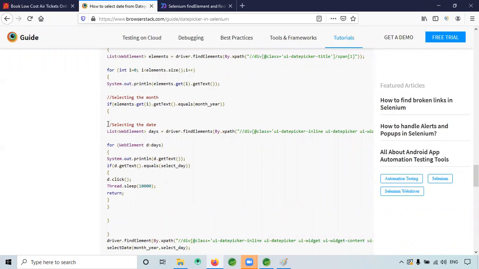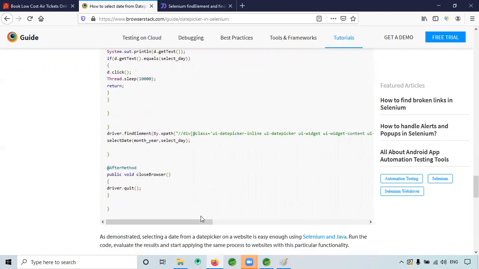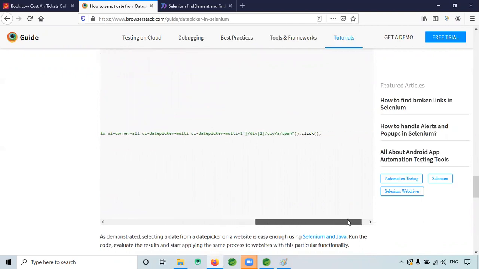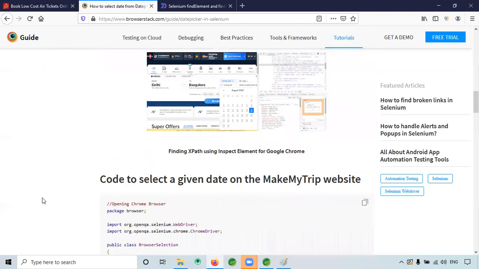See here, selecting date. What he did is a list of web element days, driver dot find elements by XPath, like that. This is actually what will happen when you click on the date. Whichever date he's clicking, that is being stored to a list. And when you click each date, you're performing multiple things, right? When you click on one, the day will be one, date two, date three.